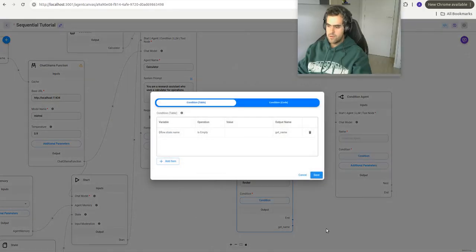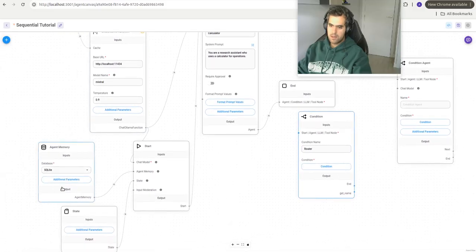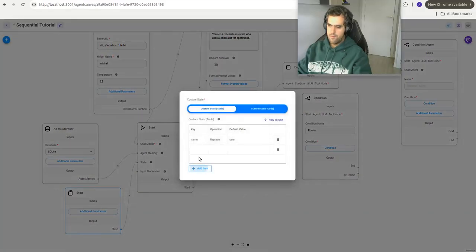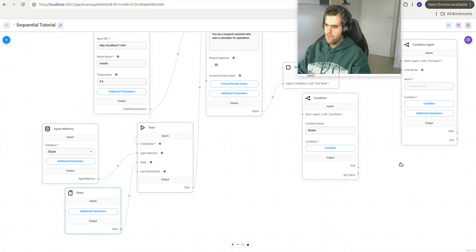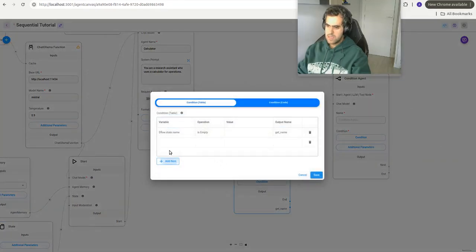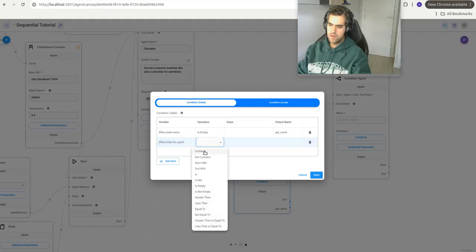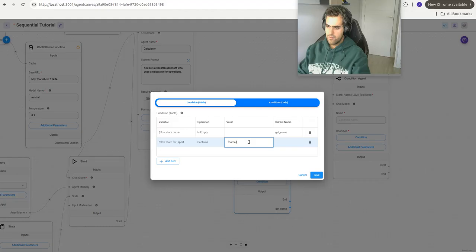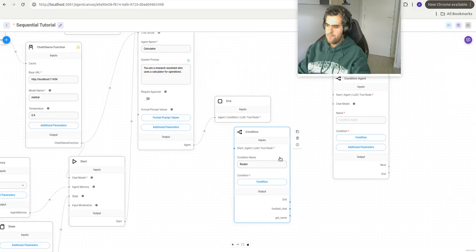We have all of the possibilities, like if for example we add in here fave sport, replace, and no value. If we come to the condition, we can just check the value of fave sport, right? If it is empty, contains, so for example, contains football, football chat, okay, I don't know, I'm just making it up on the go. So yeah,